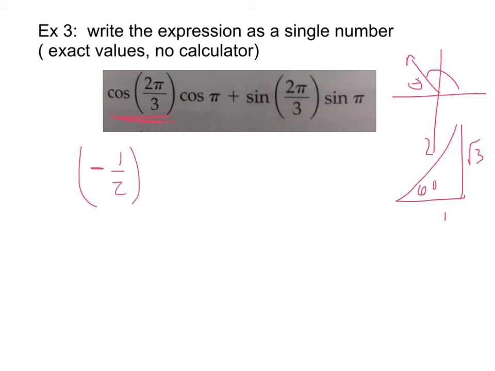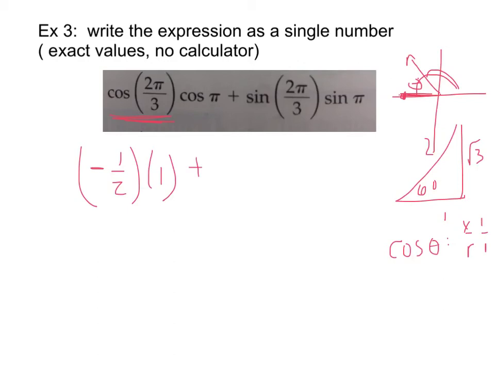The cosine of pi. Pi is right here. I don't have a triangle. It's hard to do opposite over adjacent, but remember that the cosine of any angle is x over r. Well, in this case, the x is 1, we're on a unit circle, and r is 1. So the cosine of pi is 1,